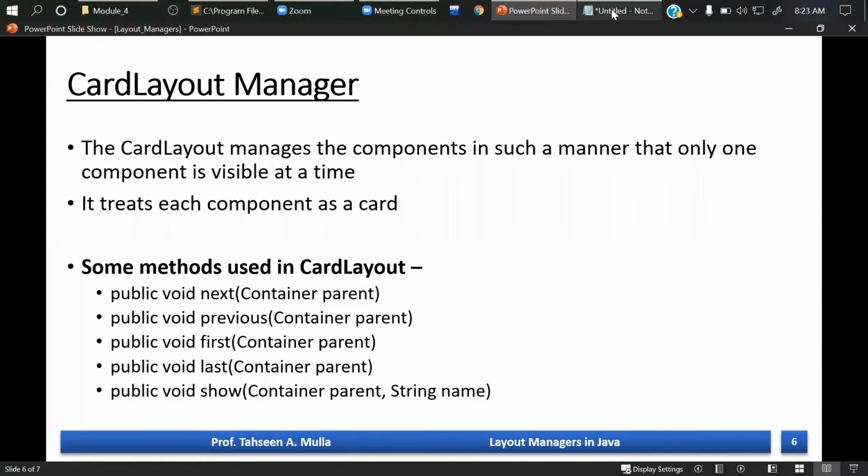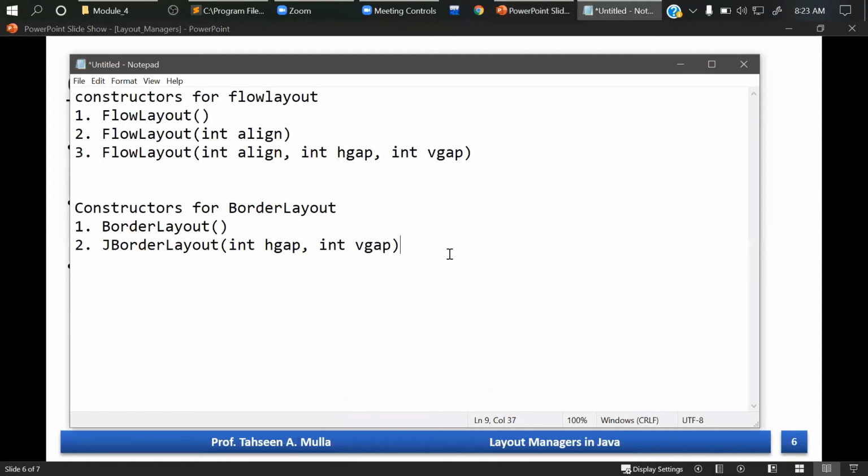Now for this, we also have some constructors. First, obviously, will be a default one. This will create a card layout with no gap between the components, horizontal and vertical gap, right?